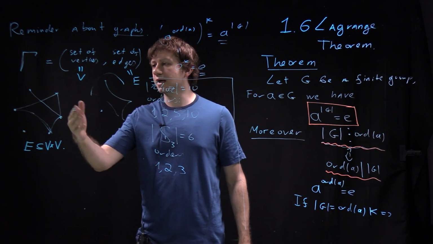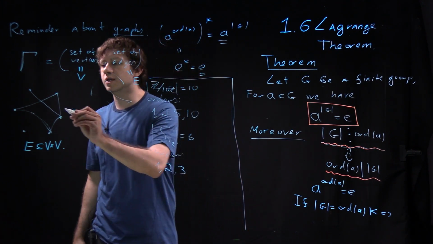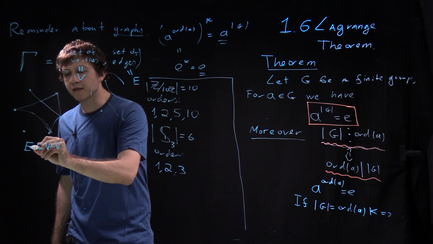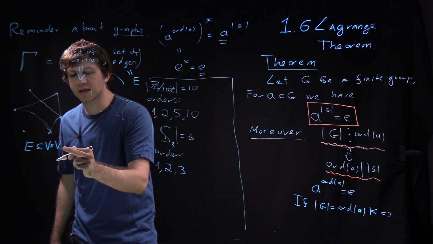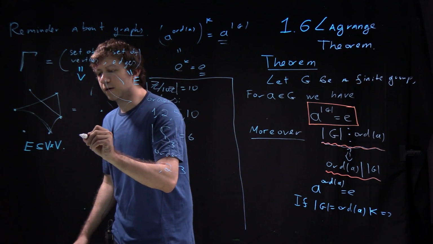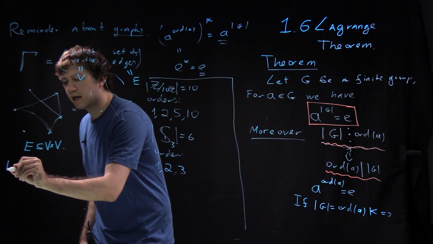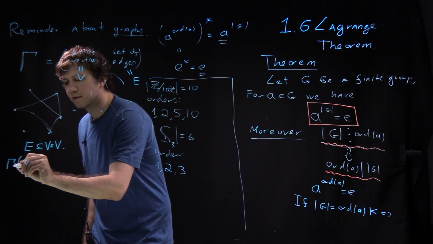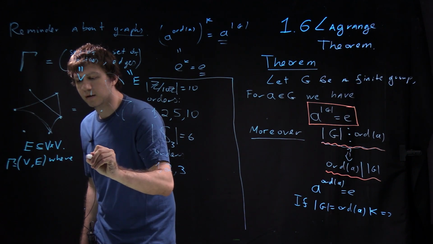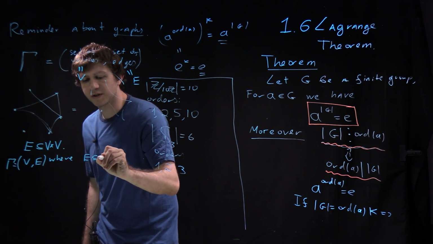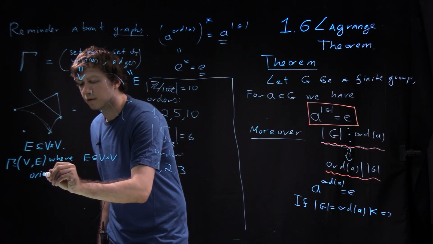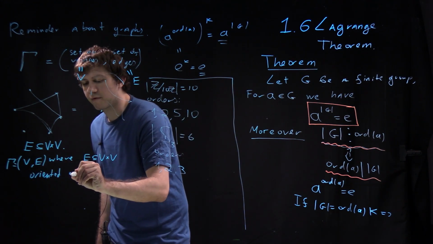That's not exactly the picture which I drew here, because here my edges don't have orientation, and if you think of an edge as an element inside V times V, definitely there is a first and second vertex. So a pair gamma of V and E, where E is a subset of V times V, will be called an oriented graph